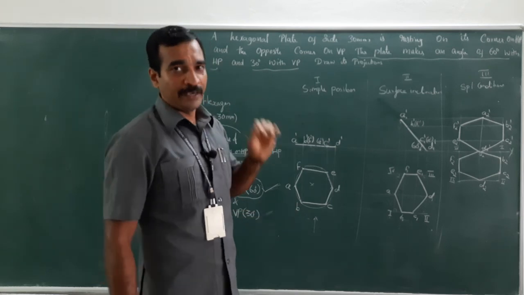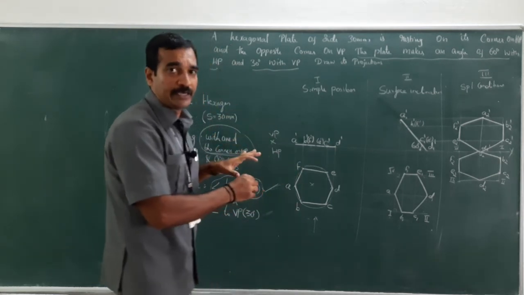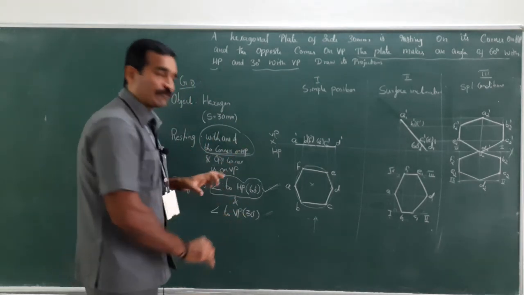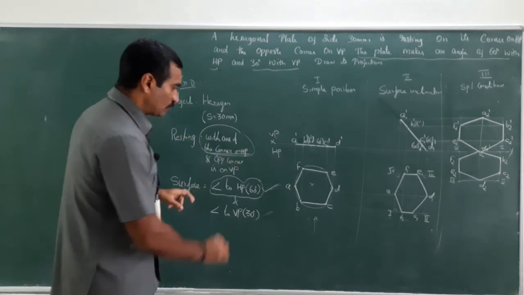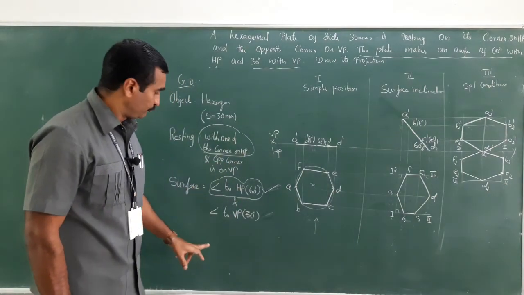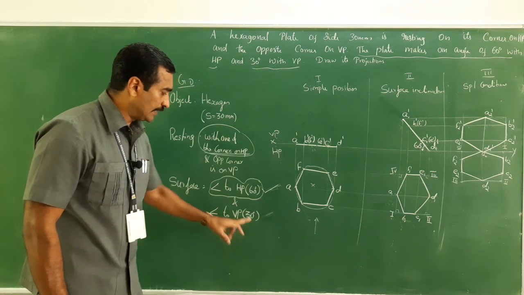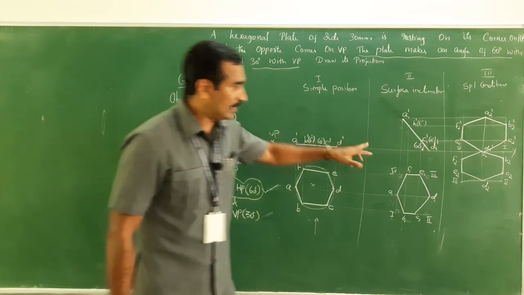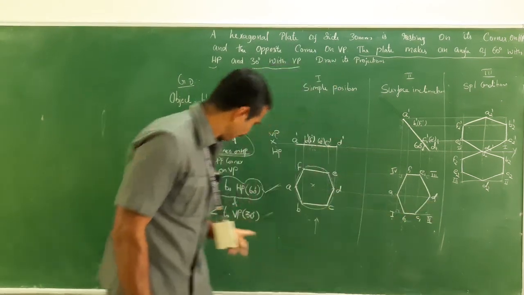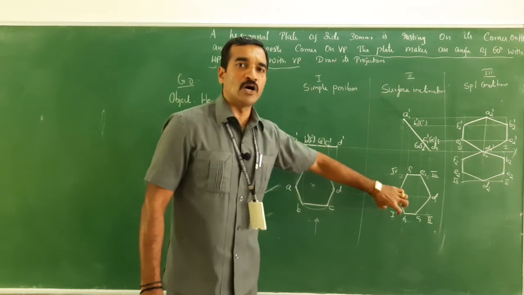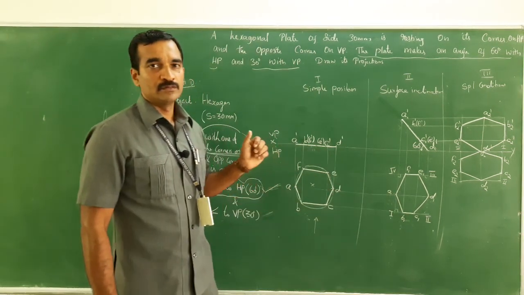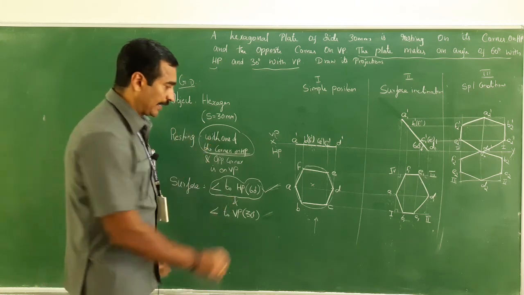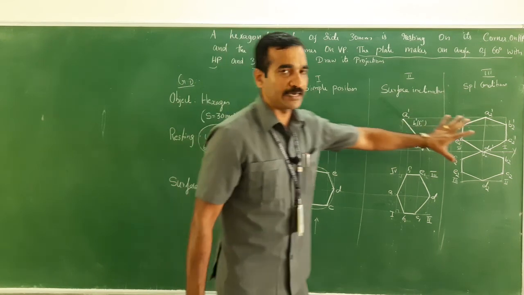So you have to pay attention to what is being given here. You should not get confused here. If two surface inclinations are given, you will have to choose any one of them. If you have selected the surface inclination to VP, you will get the true shape on VP. And if the surface were inclined at 30 degrees, the inclined line would have come on the HP. Right? So don't get confused. Start with where the surface is inclined. I have chosen here. So this is the diagram I have obtained.